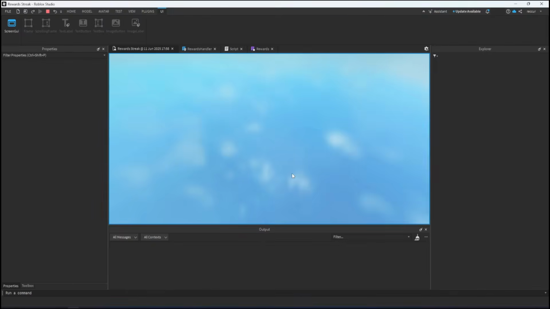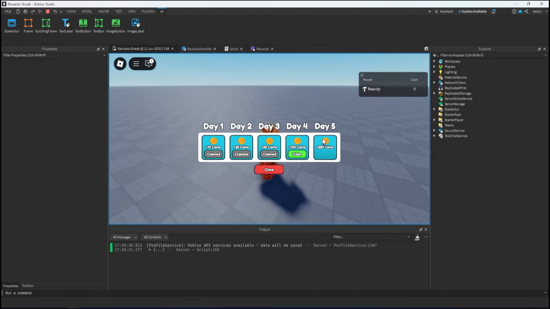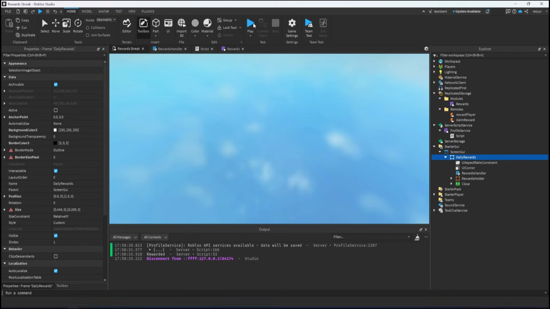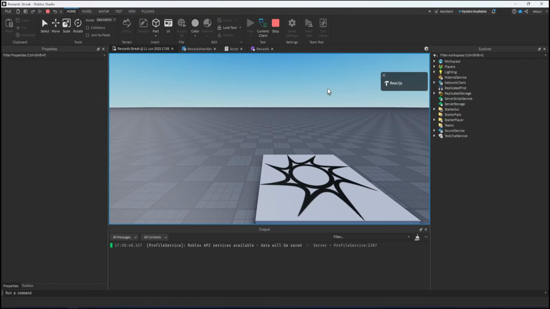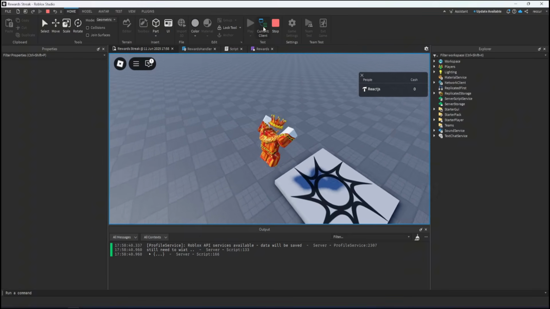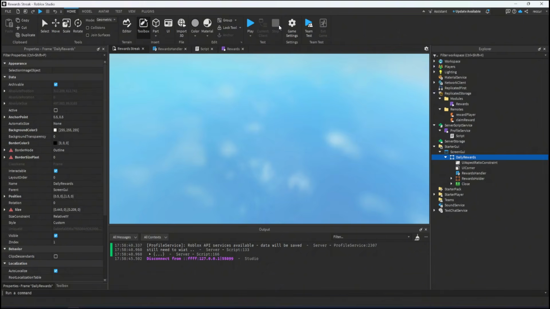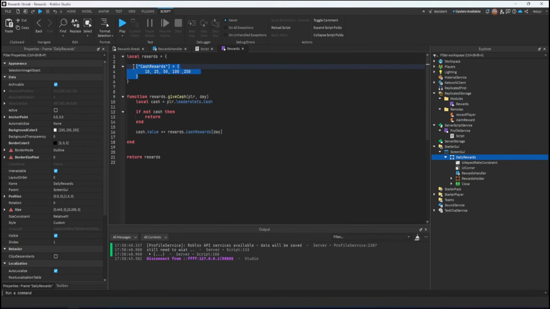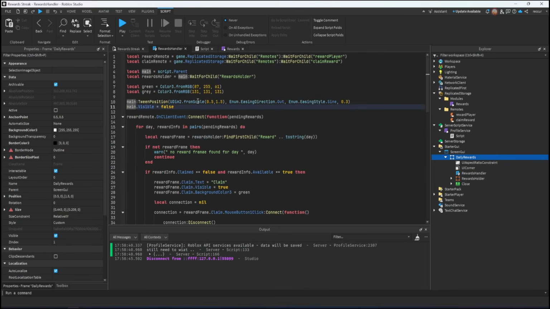Okay. So if we play this again, okay, we got our 4th reward. If we actually join back, it shouldn't appear for us now. Okay, so it hasn't appeared because we basically just joined like under a minute. So, yeah, the last thing we could do is make it so we can grab these rewards and just automatically